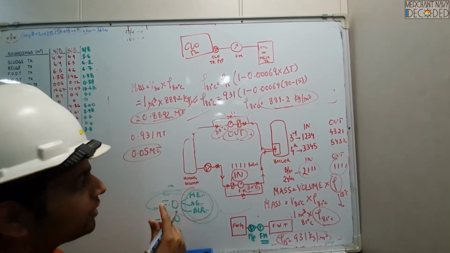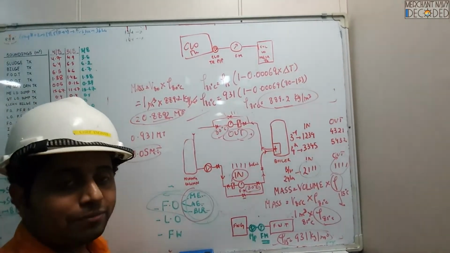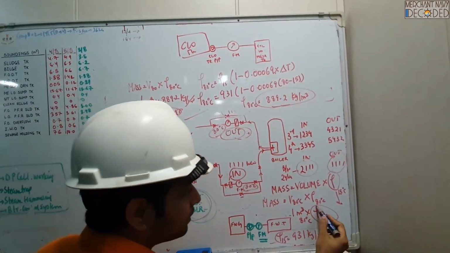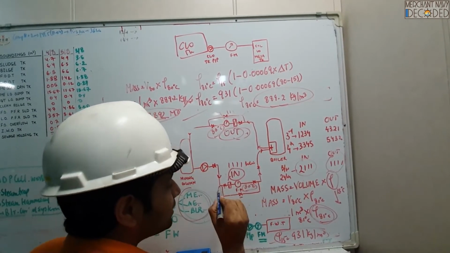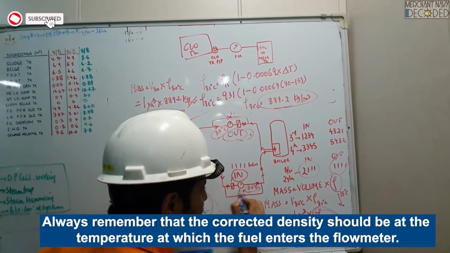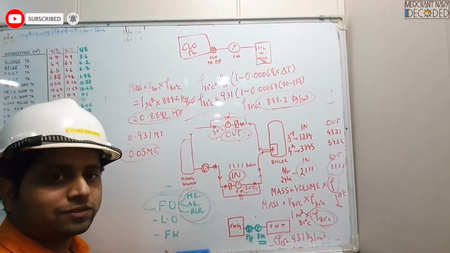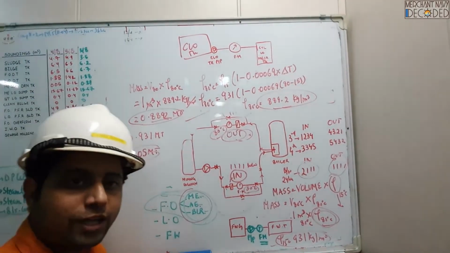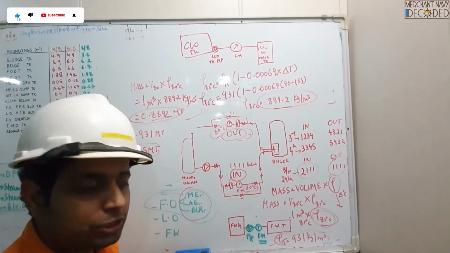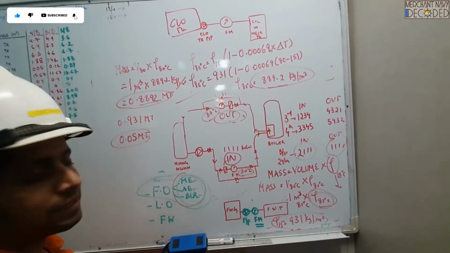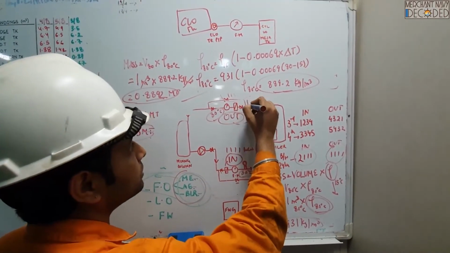Now, guys, in the boiler, I have just taken a random calculation over here. It is a small difference. But normally in the main engine and generator, if we do not take this into consideration, that if we are taking volume through the flow meter, then the temperature also has to be taken, the flow meter temperature, for calculation. These errors can amount to 20 metric tons, 30 metric tons. Sometimes people have a lot of fuel left with them. And companies have taken a lot of precautions these days to ensure that people do not make this mistake. That's why a thermometer is fitted over here, and here, and here, guys.